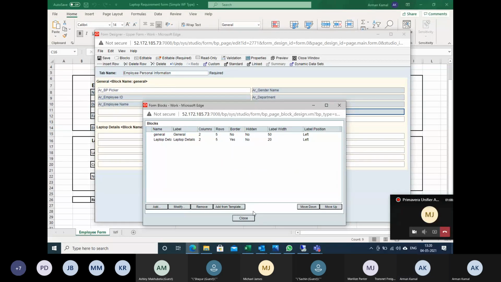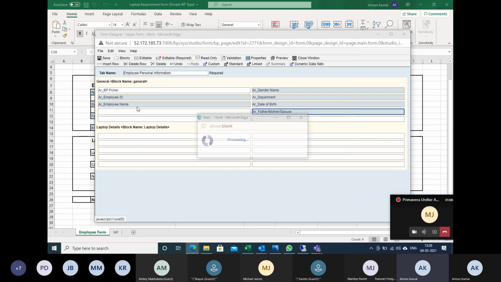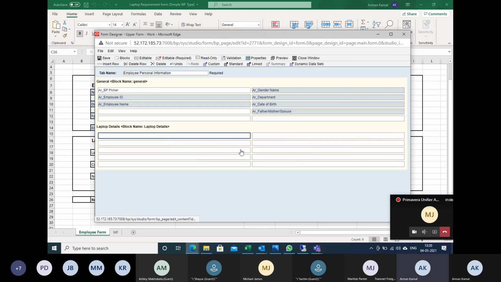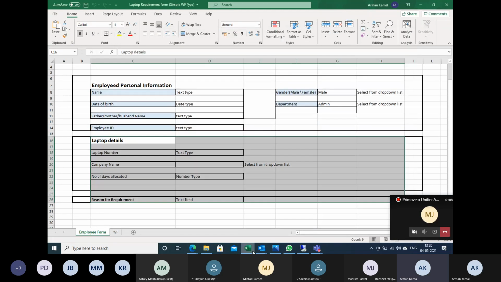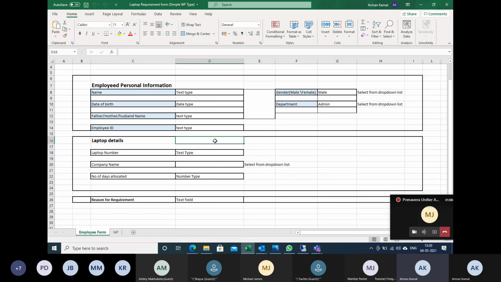Now this block is included. Now I will add something related to this. These details again need to be created, the same way which I created in the BP.